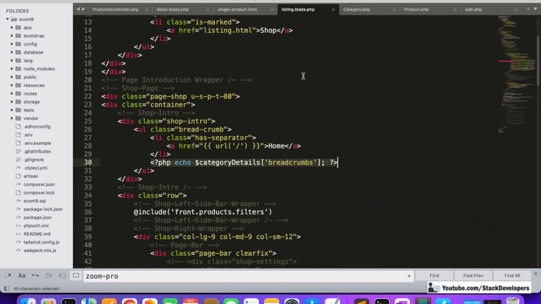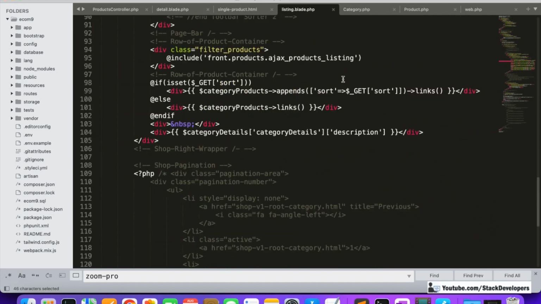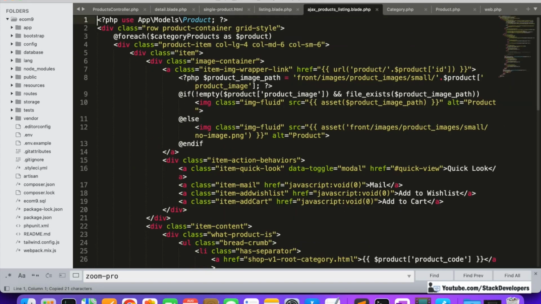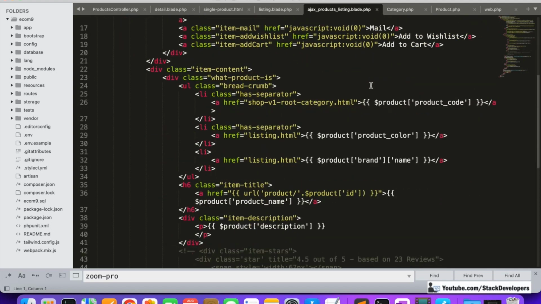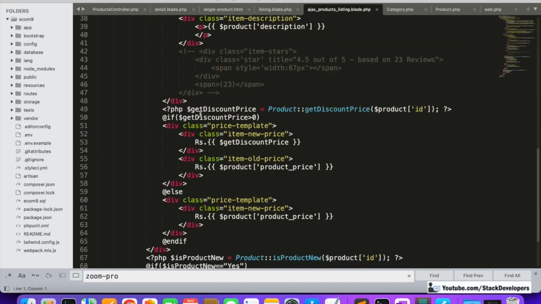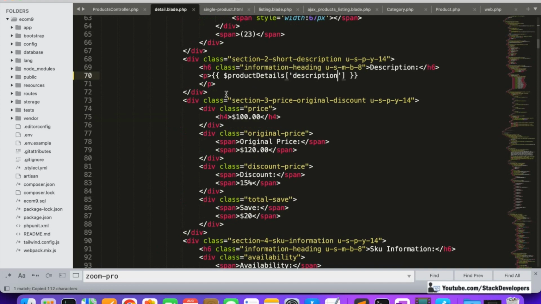Here we have also given the prices in the listing, Ajax products listing. Okay, so here we have already given the prices that we can give there as well. Here we can see the prices. Okay, so we can just simply add these prices. We will check these prices first of all, and we'll add